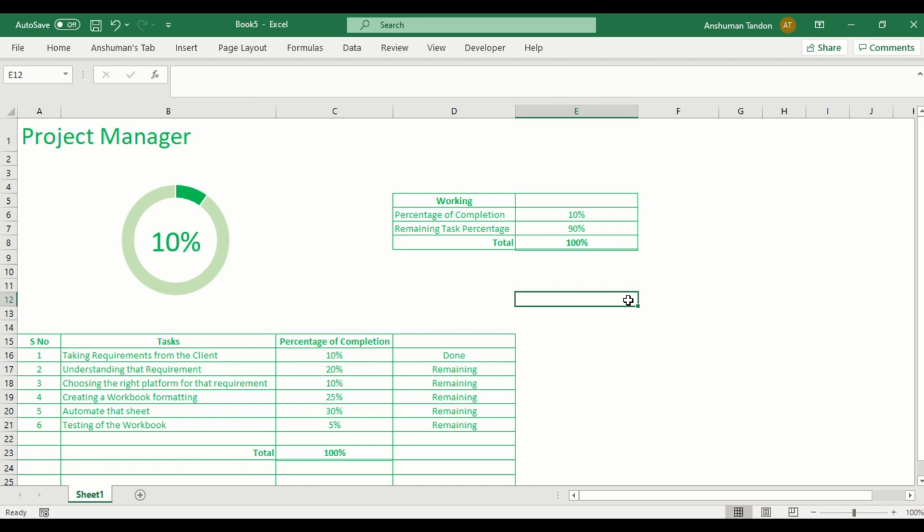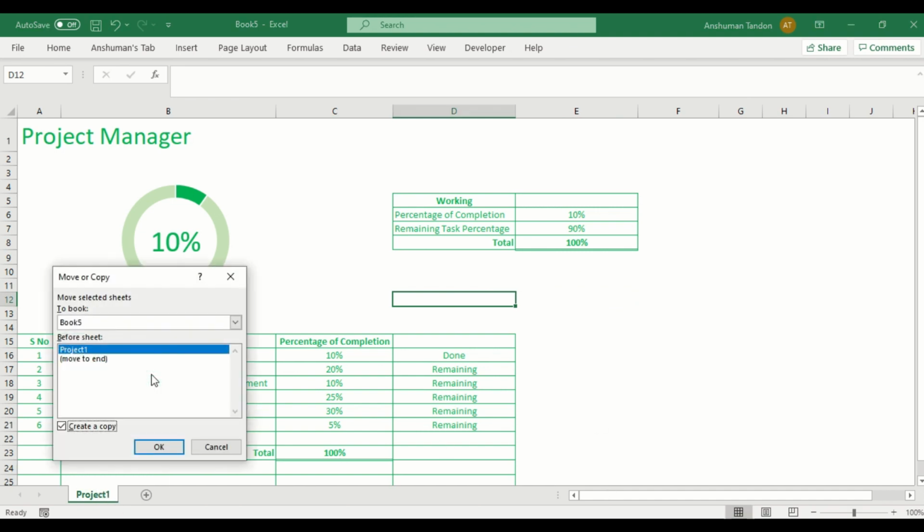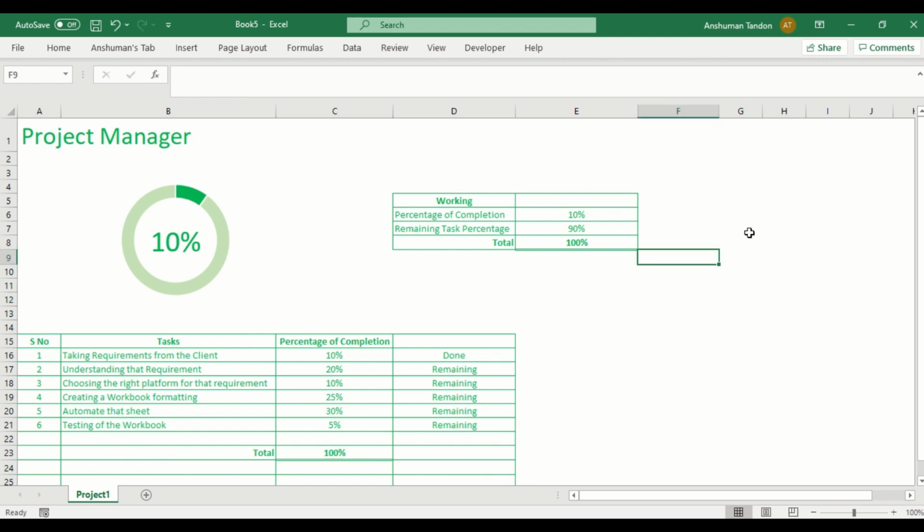So we can use a little bit of our imagination to make Excel look like an application. I hope you have learned how to create this project manager. You can make it for any project. Let's say if I've got 4 projects, I can give this sheet project one, and make a copy of that to make project 2 as well. So this is how we can create it.